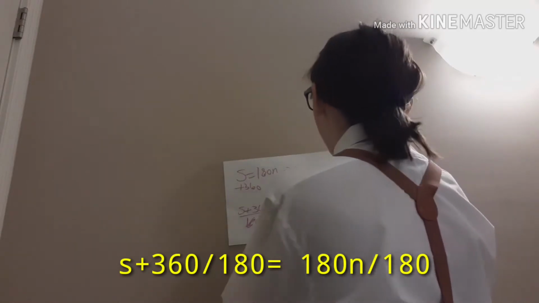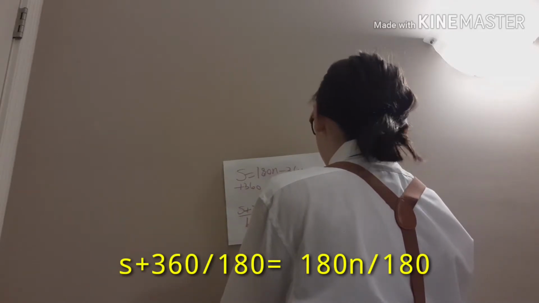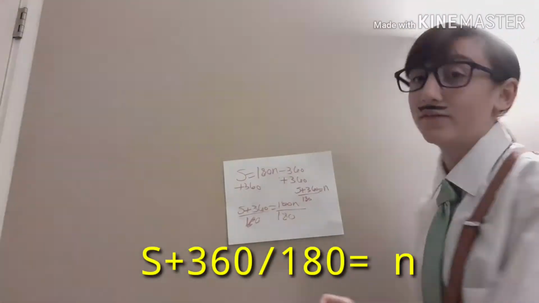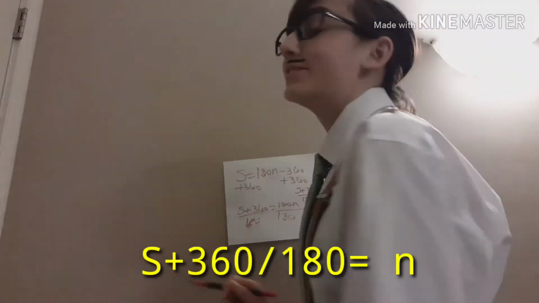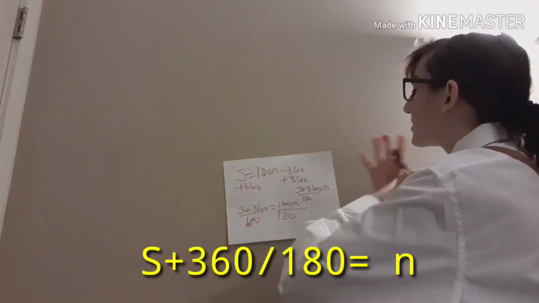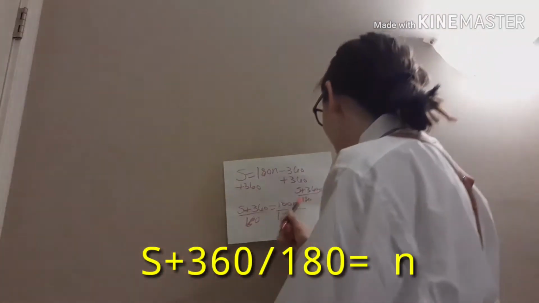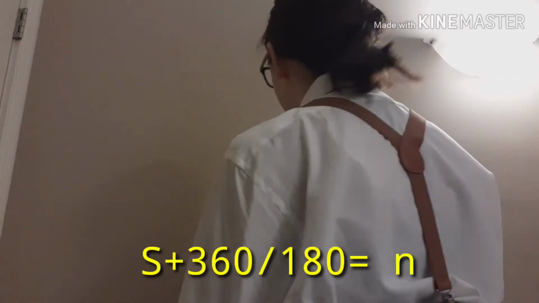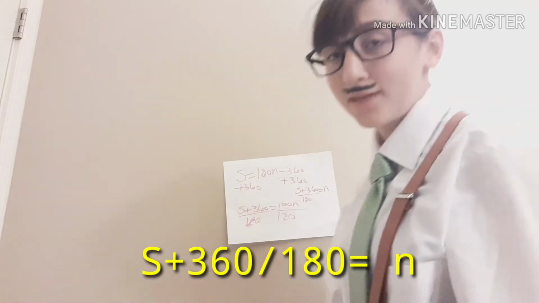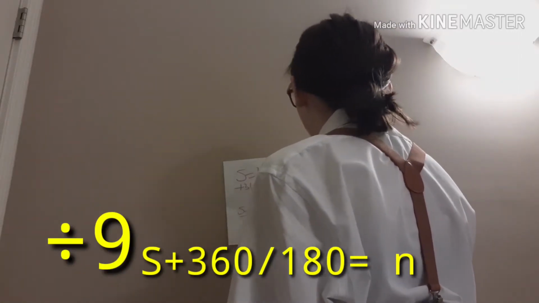So then we have s plus 360 divided by 180 is equivalent to n. Now, in order to get our abstraction, as I explained earlier, looking at something and being able to simplify it instead of doing it the hard way, what do 360 and 180 have in common? A number. Nine. So if we divide both of them by 9,